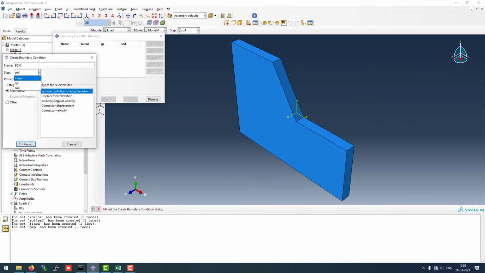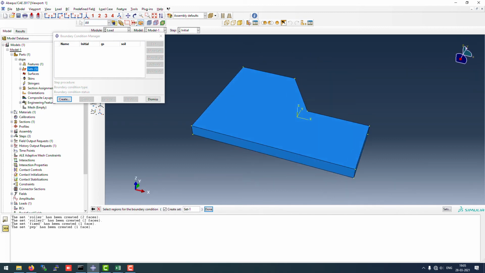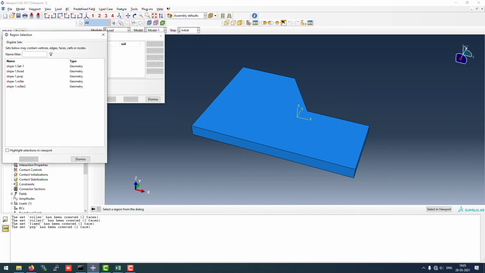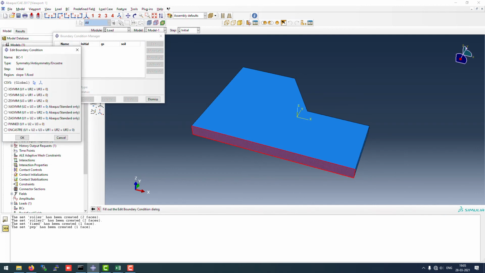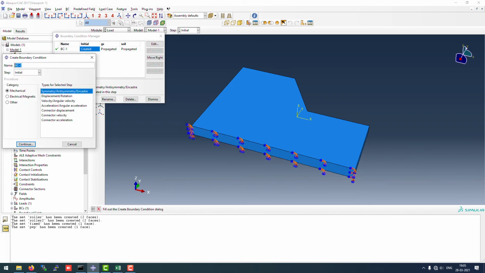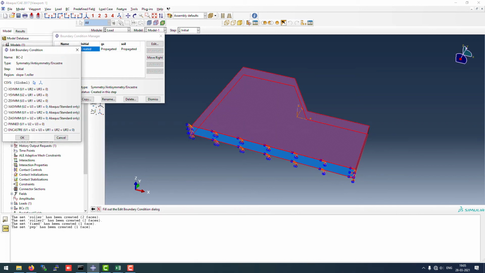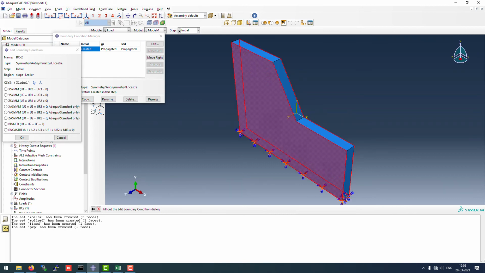So we'll apply boundary conditions in the initial step, symmetry and anti-symmetry in the category. The first boundary condition will be the fixed boundary condition at the bottom set. This one. In the category, we'll create the second boundary condition with symmetry anti-symmetry, rotation to the roller 1 boundary, and we don't want these surfaces to move in the z direction, so we'll apply z axis symmetric.